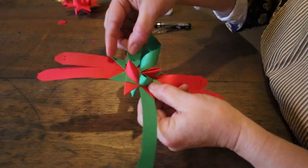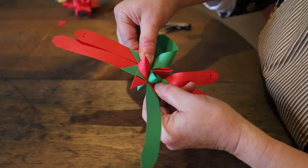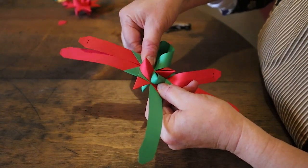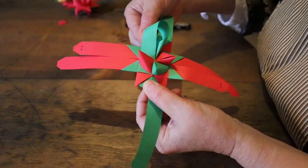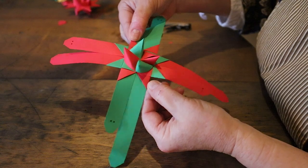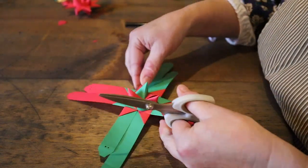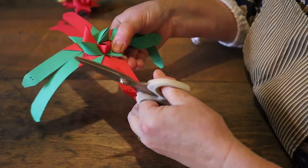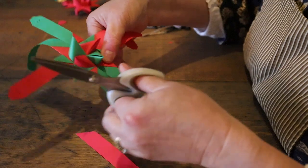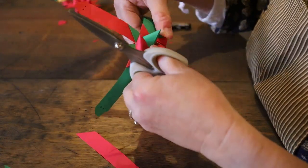So keep his little face up, poke him under that first crown that you made. You can see it poking through, give that a twist and pull. And you're done. And so now all that's left to do is you just lay your scissors around right at the edge, cut all of the excess paper off,